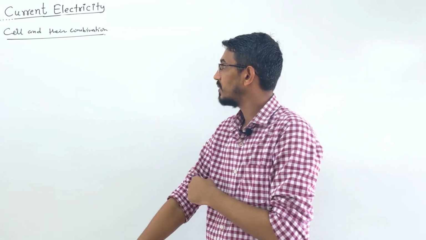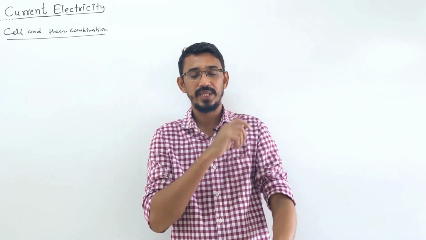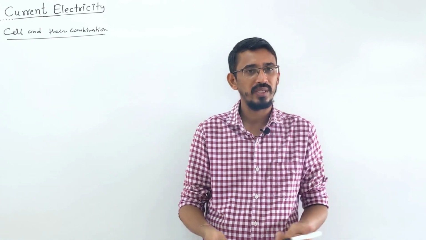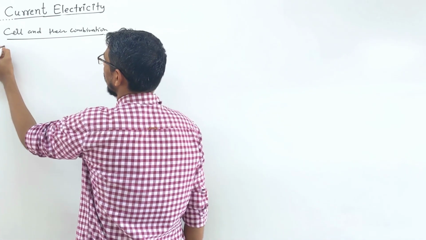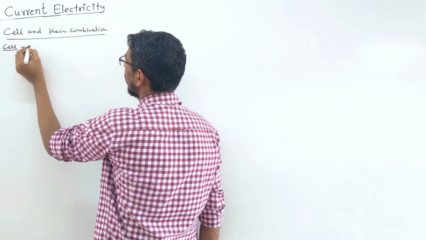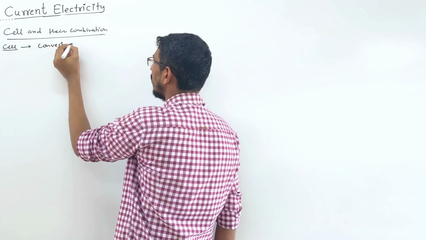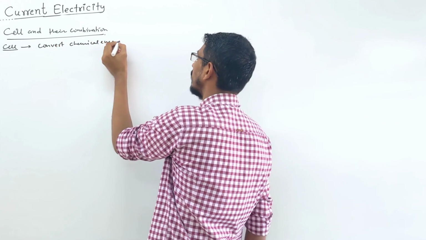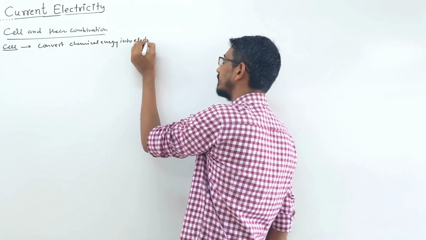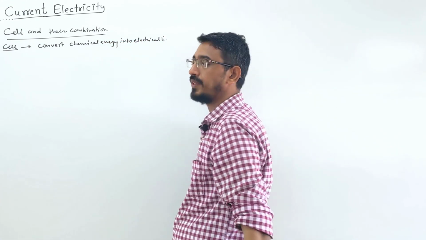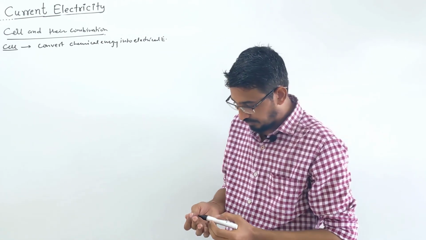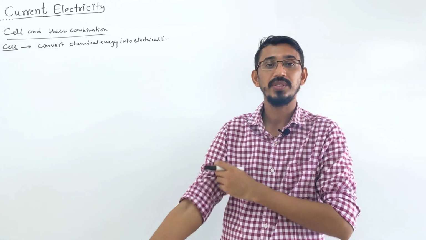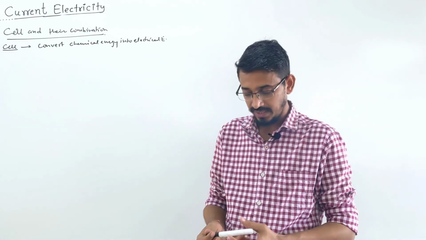So look here, a few terms we have to define that are related with the cell. A cell is just a source of energy only. It simply converts the chemical energy into what? Electrical energy, right? You know this one. What is a cell? If you want to write, it converts chemical energy into electrical energy. You know this, right? So three things are related with the cell. These are called EMF, terminal potential, and what? Internal resistance. Let's define them one by one.